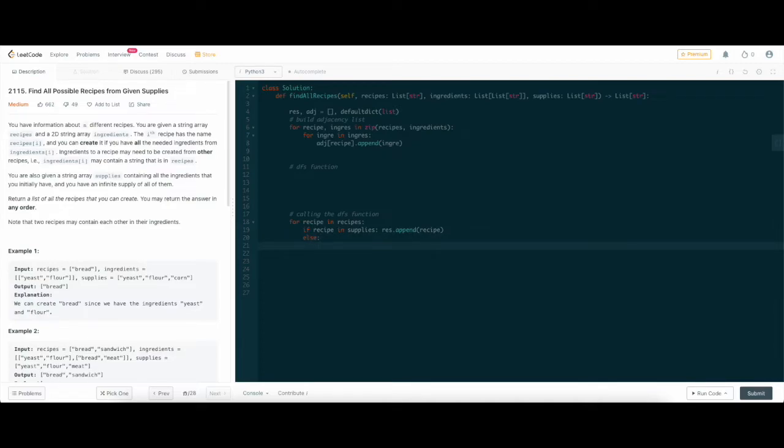Else, now in the else case, the recipe is not present in supplies, so we will need to call the DFS function to check if the ingredients of a specific recipe are present in the supplies, or they can be created from other ingredients. First, like this: seed,